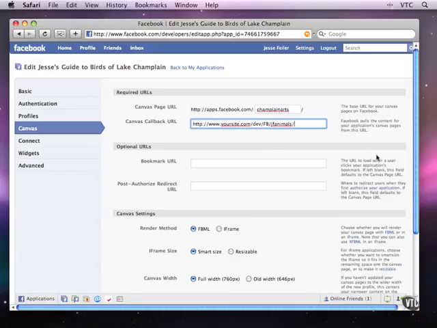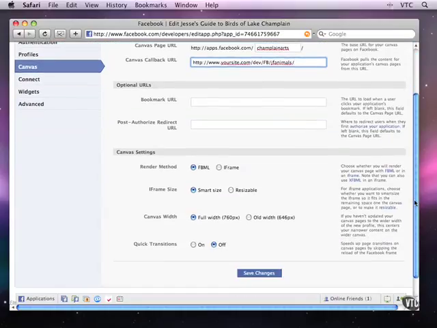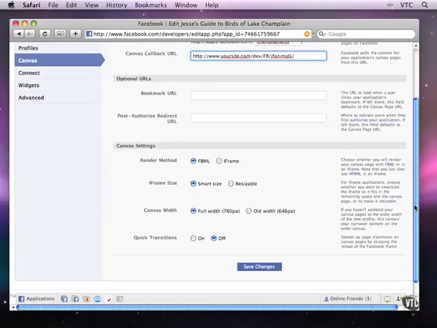There are more URLs down here that you can use for bookmarks, a redirect,